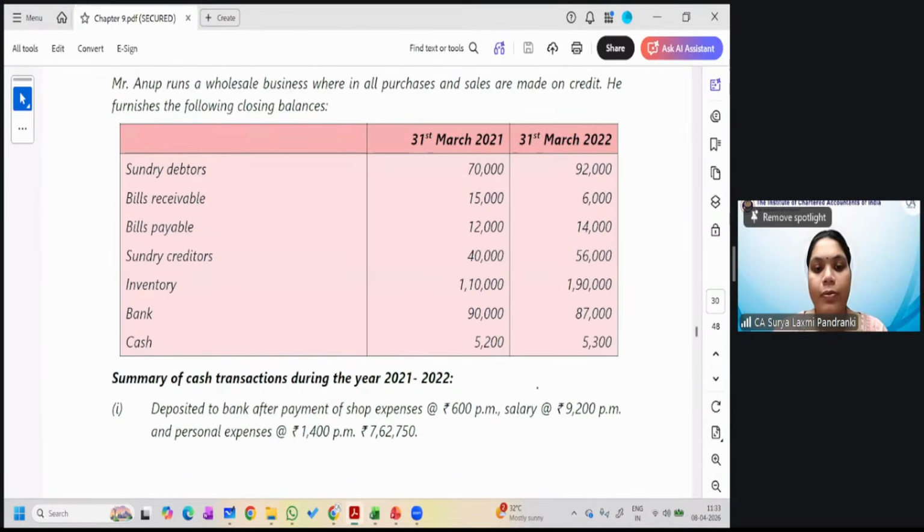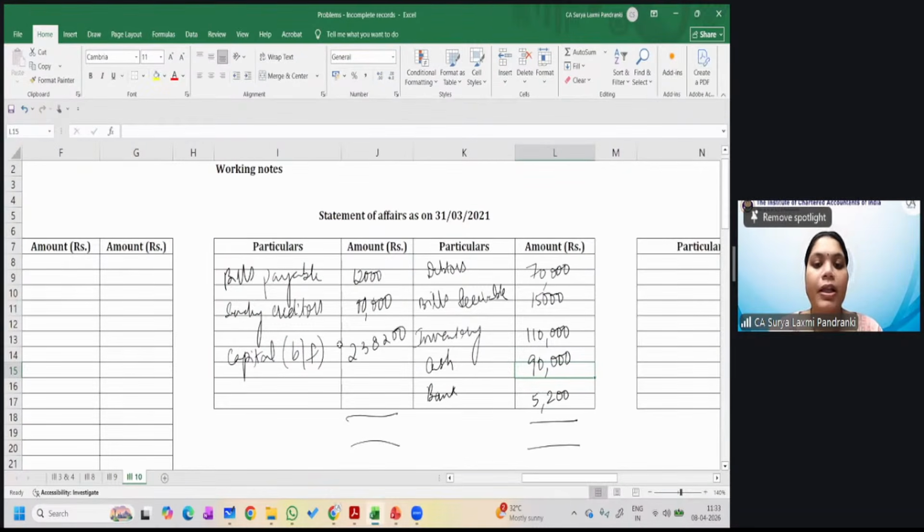Are you all doing it with me? I have just taken all the opening balances, whatever I have, the opening 31st March 2021 balances, and the balancing figure would be nothing but called the capital account, the opening capital, which we will use for calculating the balance sheet. I'll keep this aside because we will use that later. Now I will do this